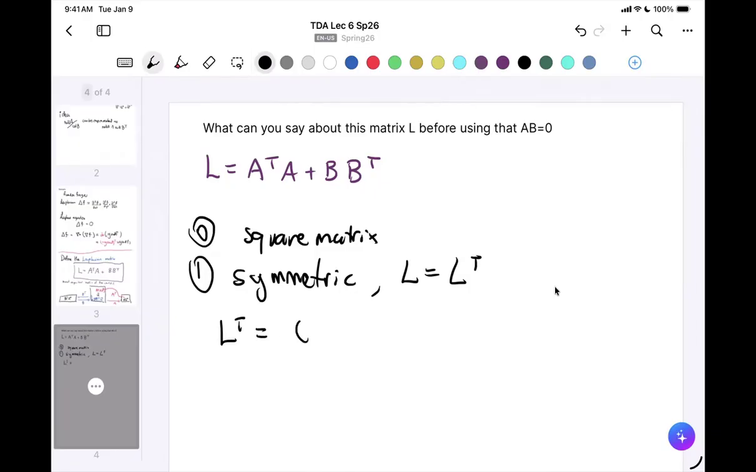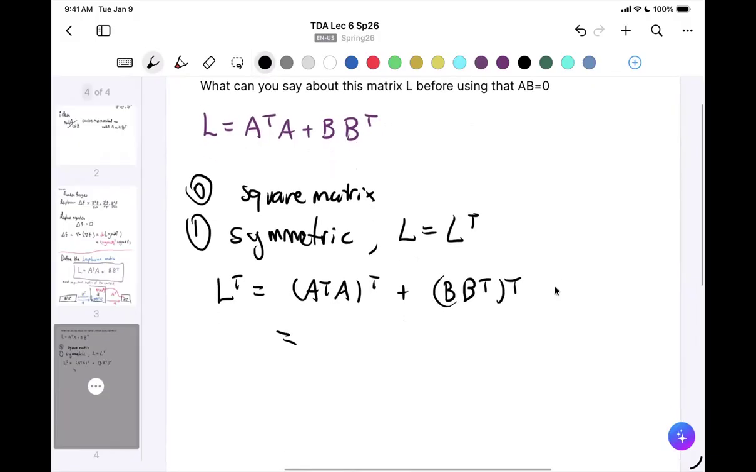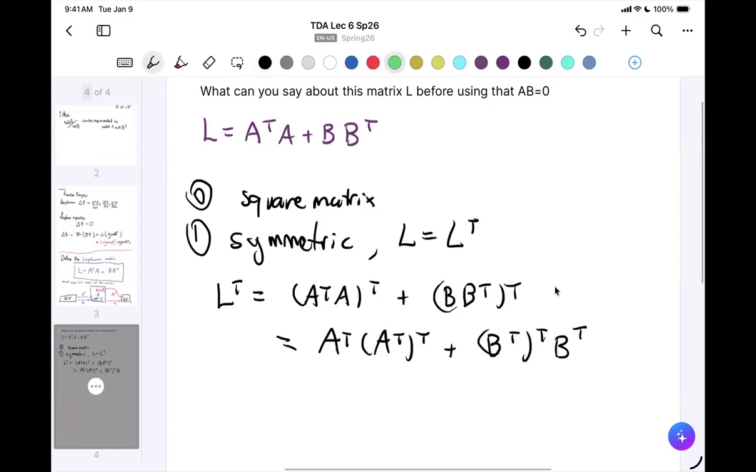Do you remember the transpose of a matrix? When it's a sum, you can just take individual transposes, right? And if you remember the transpose of a product, it's a product of the transposes flipped, right? So you can do something like this. Right, so here what I'm using is that